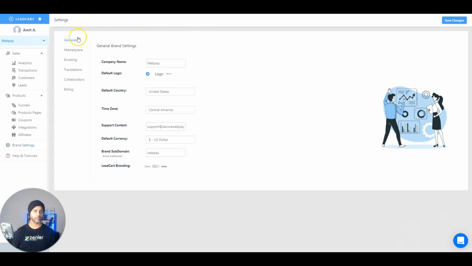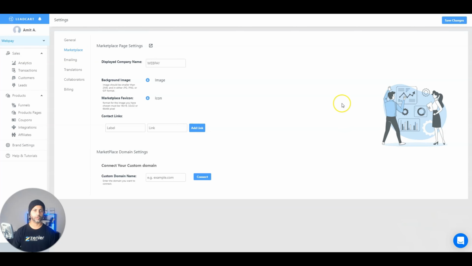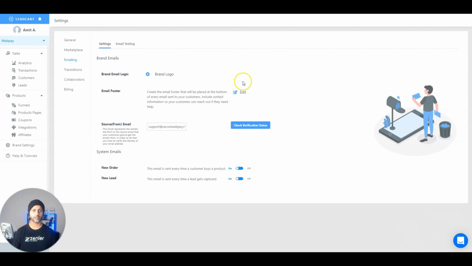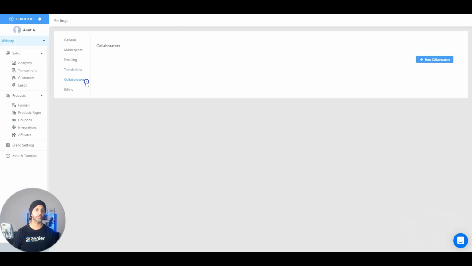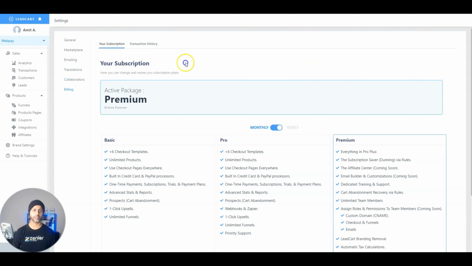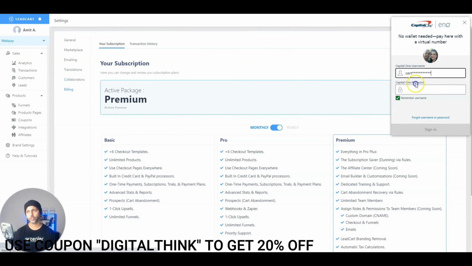So last thing here is the brand settings. In brand settings, you can of course change your company name, logo, all the fun stuff. You can also set up your marketplace. Marketplace is coming soon, where people will be able to buy and sell their funnels, their templates, almost like ClickFunnels. And emailing, you can set up what the email should come from. Same thing with translations. You can add new collaborators,